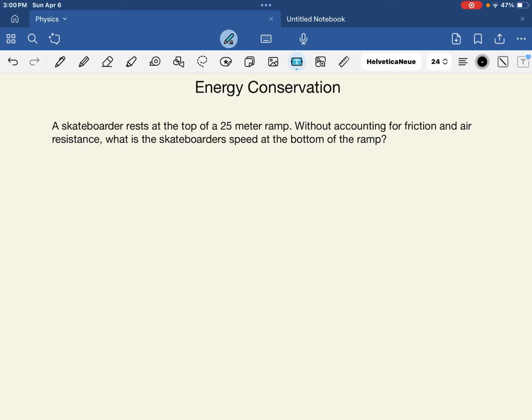We have the following problem. A skateboarder rests at the top of a 25-meter ramp. Without accounting for friction and air resistance, what is the skateboarder's speed at the bottom of the ramp? Now, when you initially look at this problem, you might think we don't have enough to be able to solve